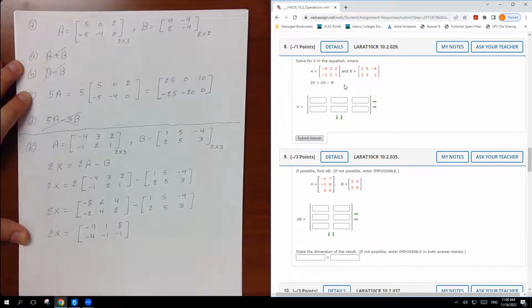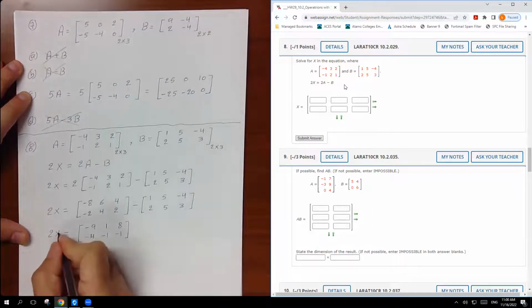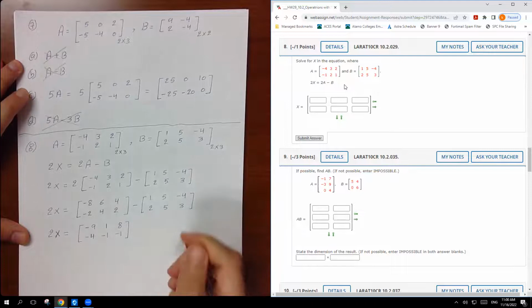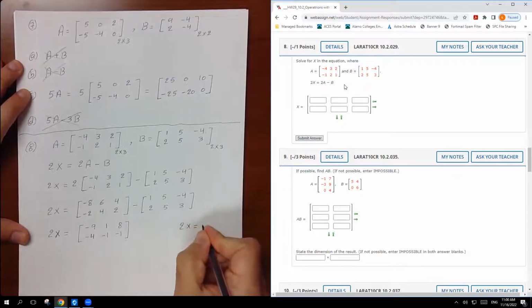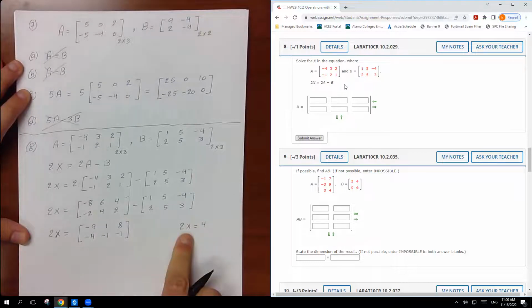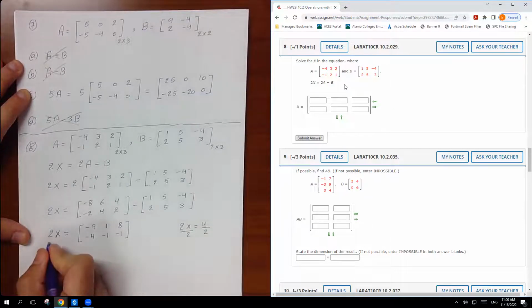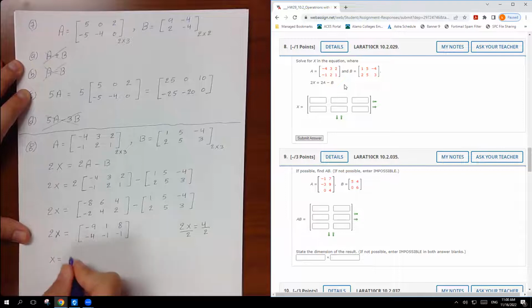Now I need to find the value of x. This is the variable. Remember before, when we're working with the equations, if we have 2x equal 4, if I need to find the value of x, I'm going to divide both sides by 2. We can do the same thing here. I need to find the value of x, so I'm going to divide both sides by 2. Or you can multiply by 1/2. So that means x is going to be equal 1/2, which is the same thing,